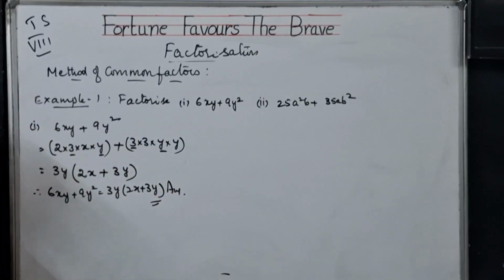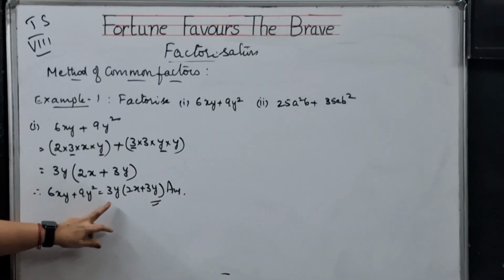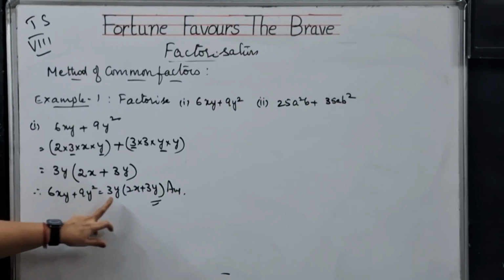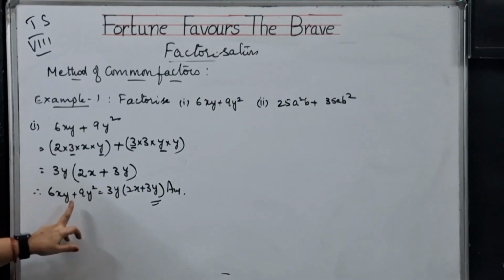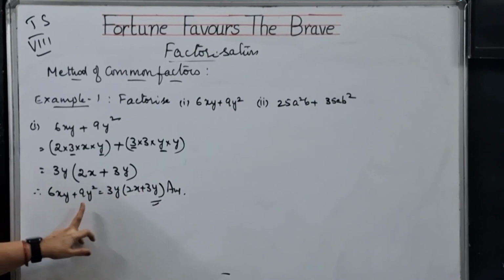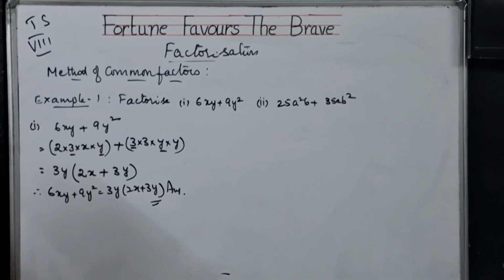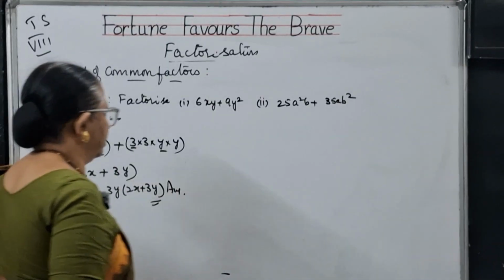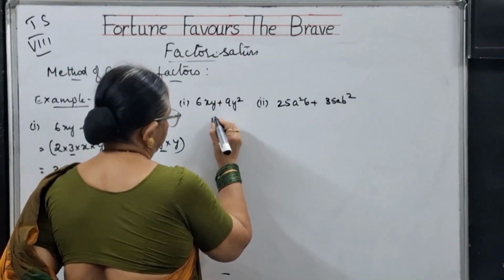This is the answer for this problem, children. We can even check: 3 2s are 6, x into y, xy, plus 3 3s are 9, y into y, y square. So our answer is correct. Next, let us see